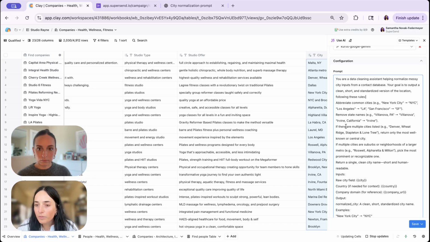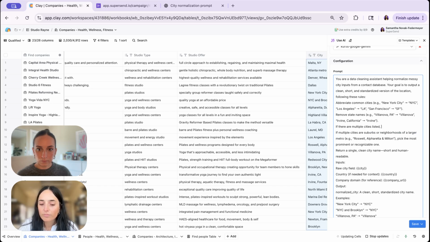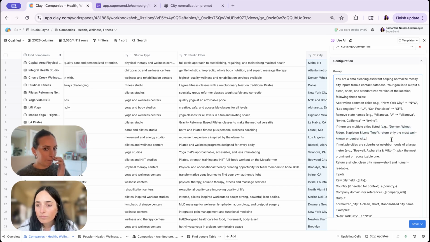Okay, so abbreviate, remove state names if there are multiple cities listed. You can just get rid of that one, yeah.